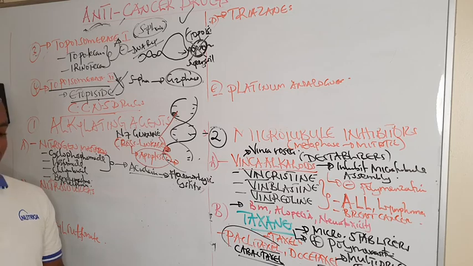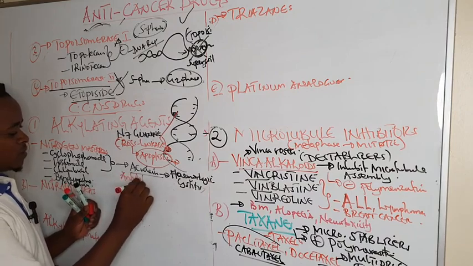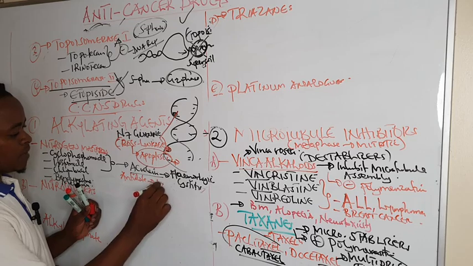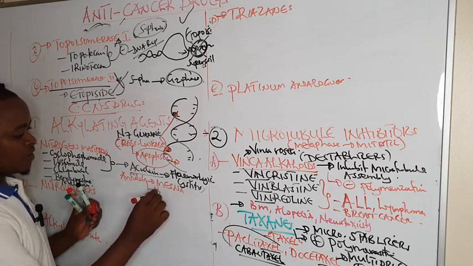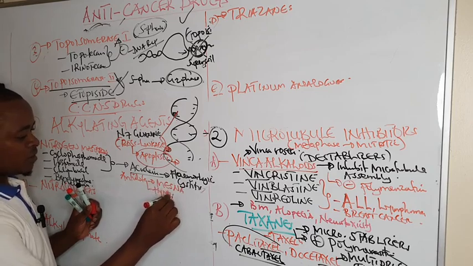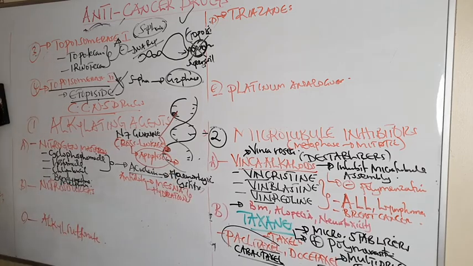By giving an antidote known as mesna. When you give mesna with increasing hydration, you are able to counteract its side effect of causing hemorrhagic cystitis, seen commonly with